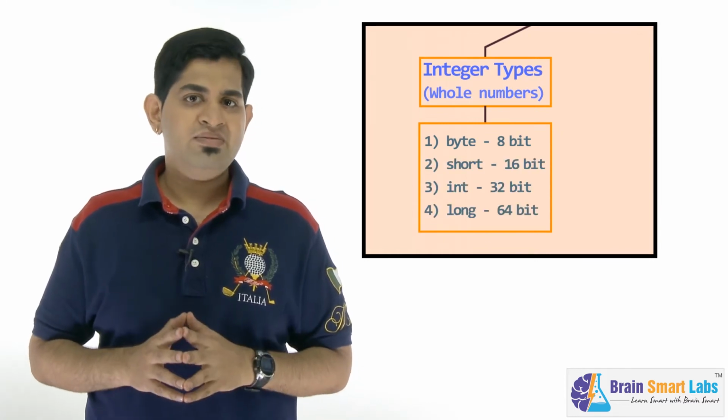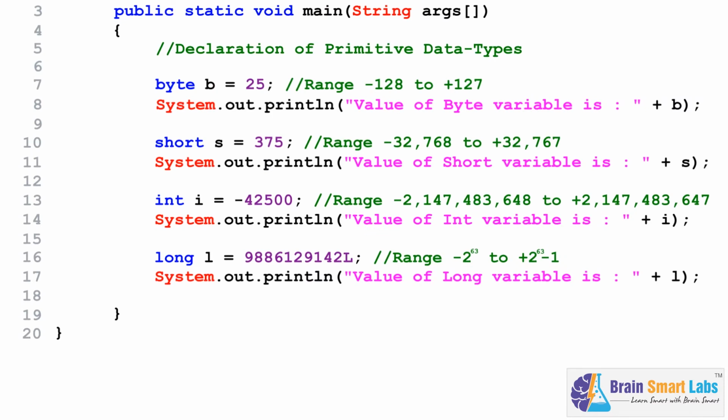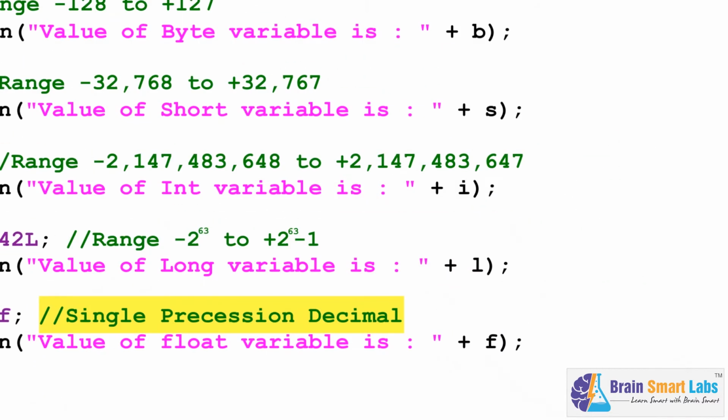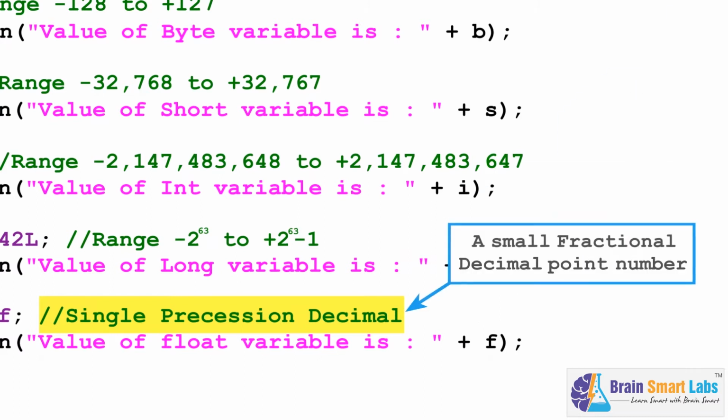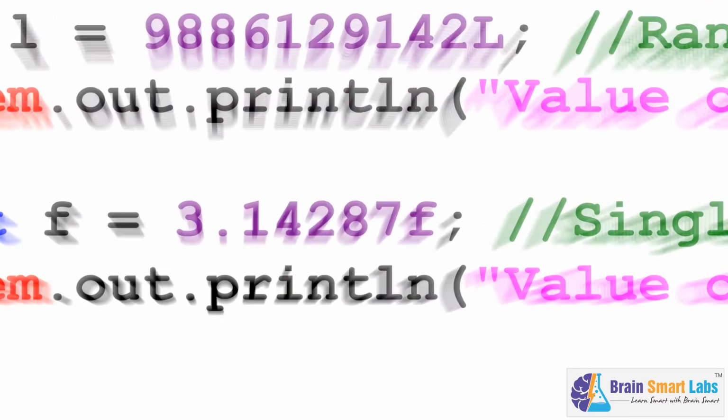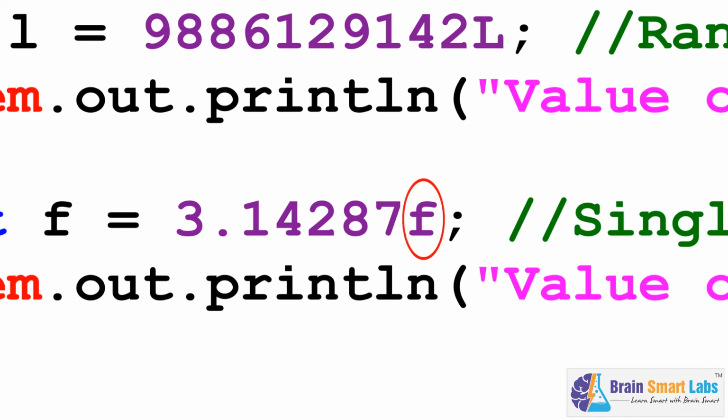In decimal data types, we have a data type by name float, which is of 32-bit and can hold a single precision decimal point number. I can give you a 1-hour lecture on what a single precision decimal point number is, but frankly, this is not at all required for your programming career. For now, just understand single precision decimal point number means a small fractional decimal point number. That's it. A small floating point value in Java is always denoted by suffixing a lowercase f to its original value